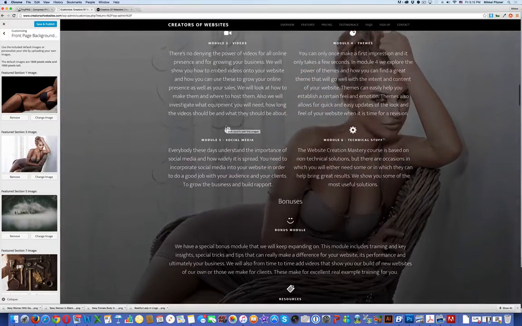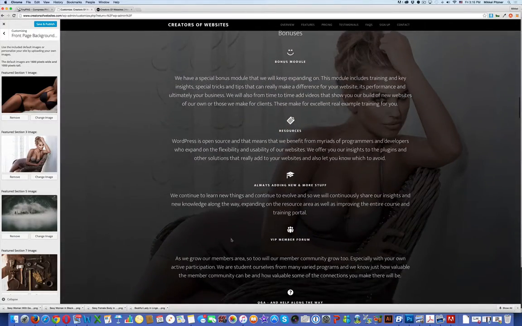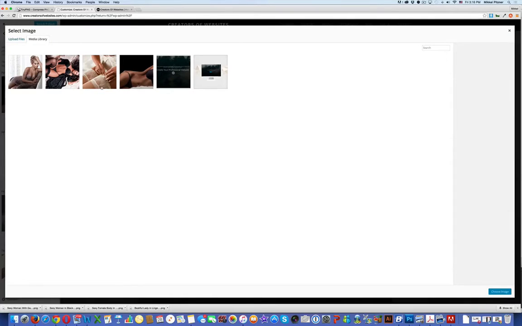It has a parallax effect, so as you scroll down further, it becomes darker and darker and darker, and now it becomes easy to read. But those are the things that you need to work out with your images, what you're doing there. Let's try and go further and then say we'll try this one here,